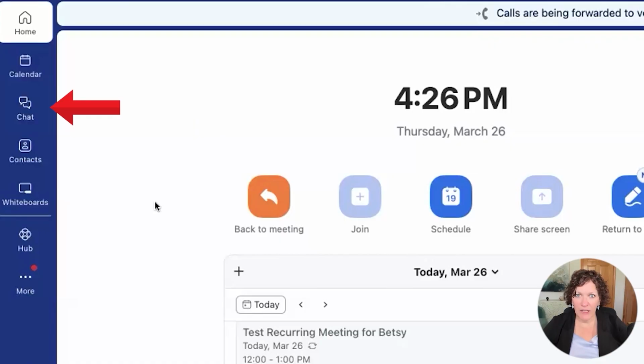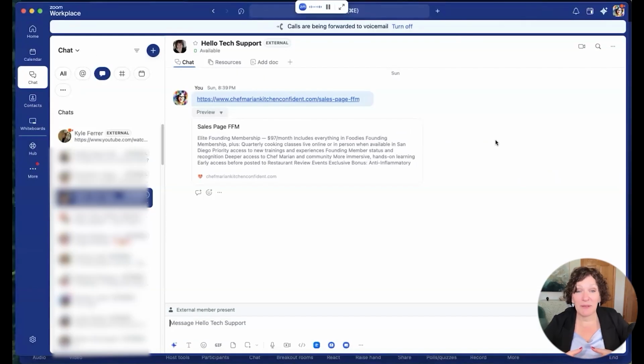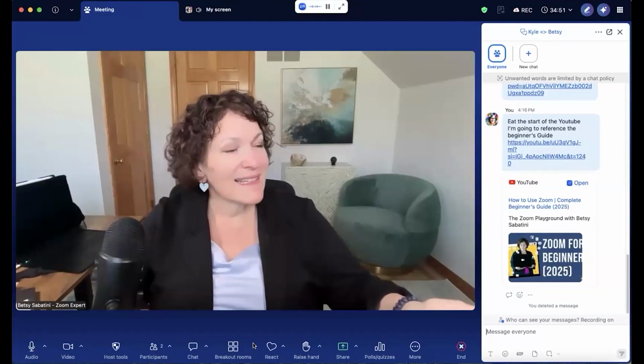Most people think chat inside Zoom only exists while you're in a meeting. Like you send a message, the meeting ends, and that's it, right? But what if I told you that Zoom chat is actually still working before, after, and in between every meeting you run? And once you understand why it doesn't end, you're going to start using Zoom in a completely different